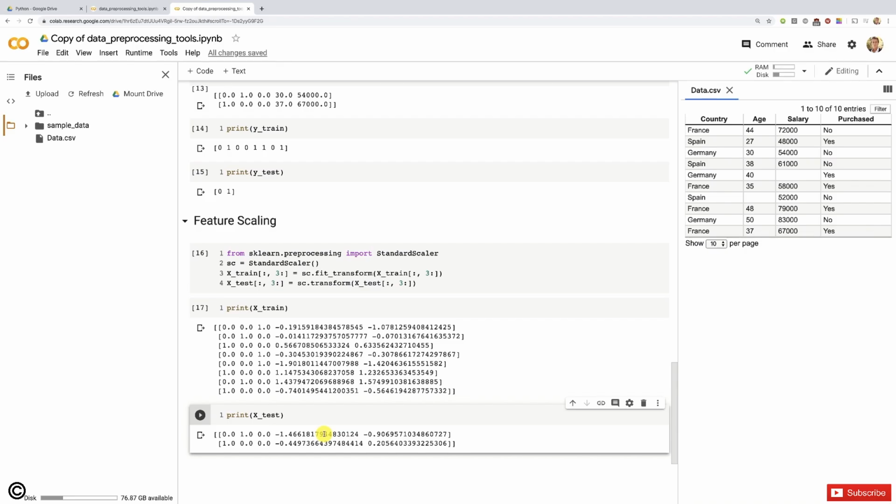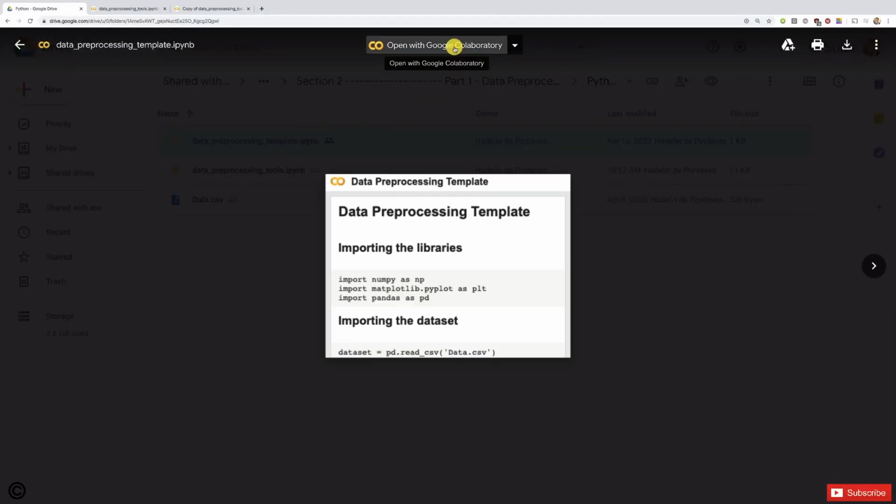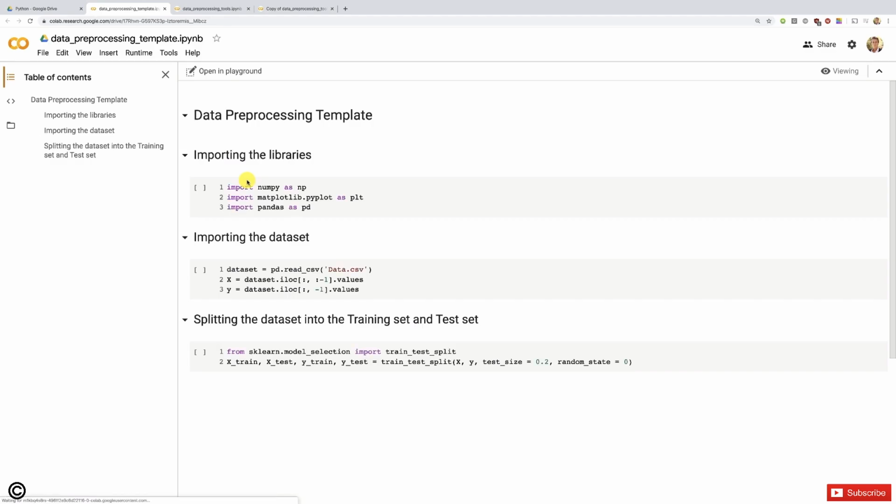But before we move on to this next part, I just want to show you the data preprocessing template, which will be so useful for us to tackle in a flash the data preprocessing phase for each of our future machine learning models, because indeed you will see that this template was made so that we will only have each time 1 or 2 things to change, and most of the time 1 thing to change, because indeed in this template I included the 3 always used tools that we will use for our machine learning models, which are importing the libraries, right? We will always need these libraries, then importing the dataset,